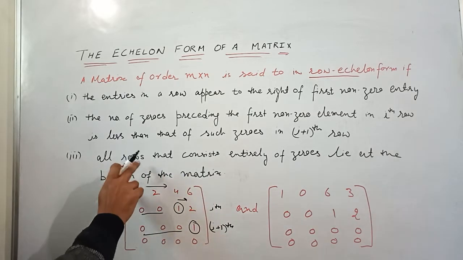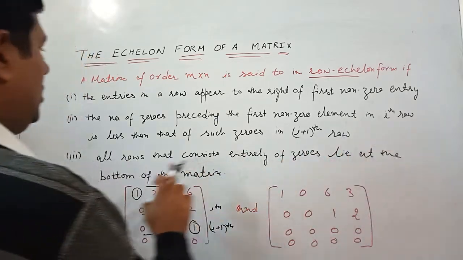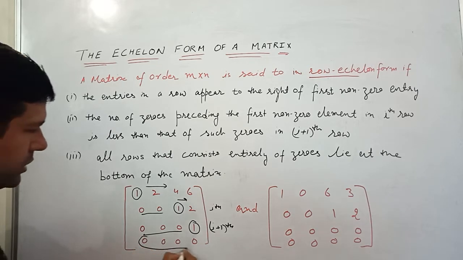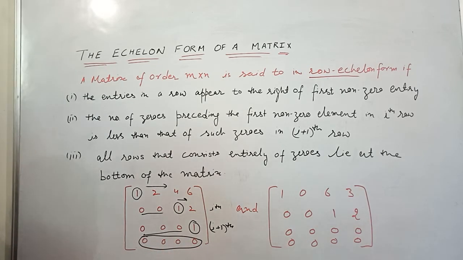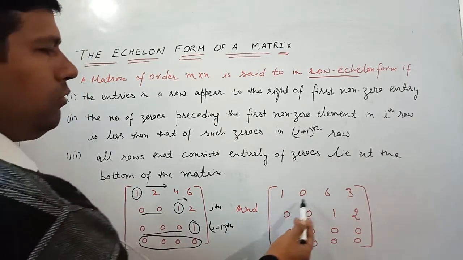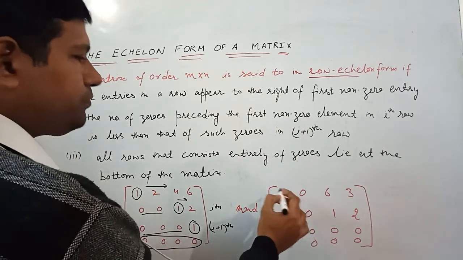Third point is all rows that consist entirely of zeros lie at the bottom of the matrix. So this row consists of all zero elements, so this is at the bottom. This is another example. Okay, in this case also